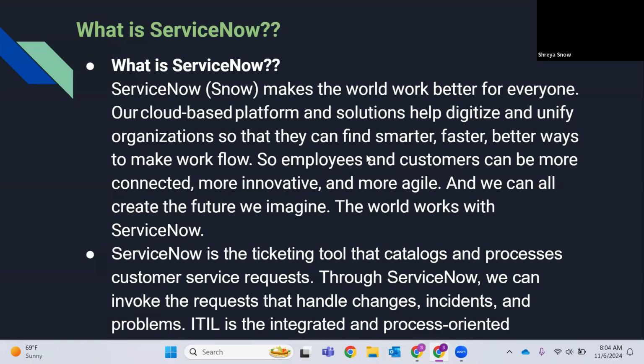Likewise, in ServiceNow, usually in any organization, as we are all employees, we face certain technical glitches, or we may need certain products or additional software for our day-to-day activities, right? In those scenarios, you cannot go back to your manager or HR all the time. You definitely have dedicated members to reach out to, but rather than that, we have a tool like ServiceNow which helps you to fix certain